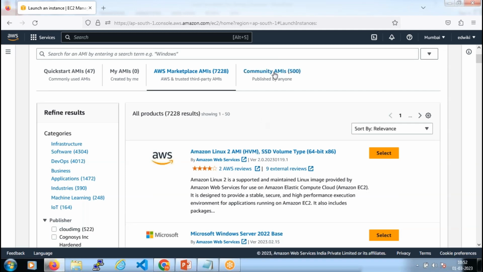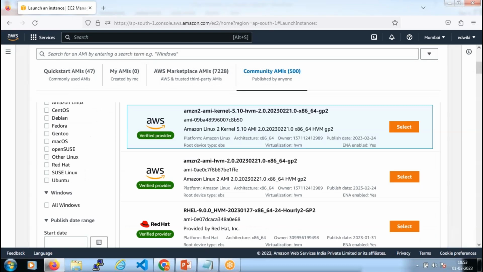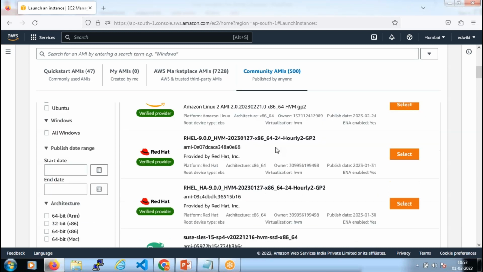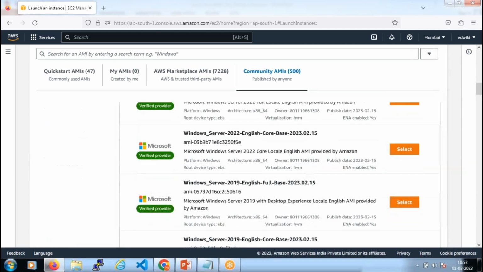Now, if you go to the community AMIs, this is where you can see almost 500 plus AMIs. The AMIs that you see under the community section are for public use. That means these are AMIs that are registered by the public for you to use freely. So we don't need to pay anything. You can go and get any AMI that you like from this list without paying anything. But